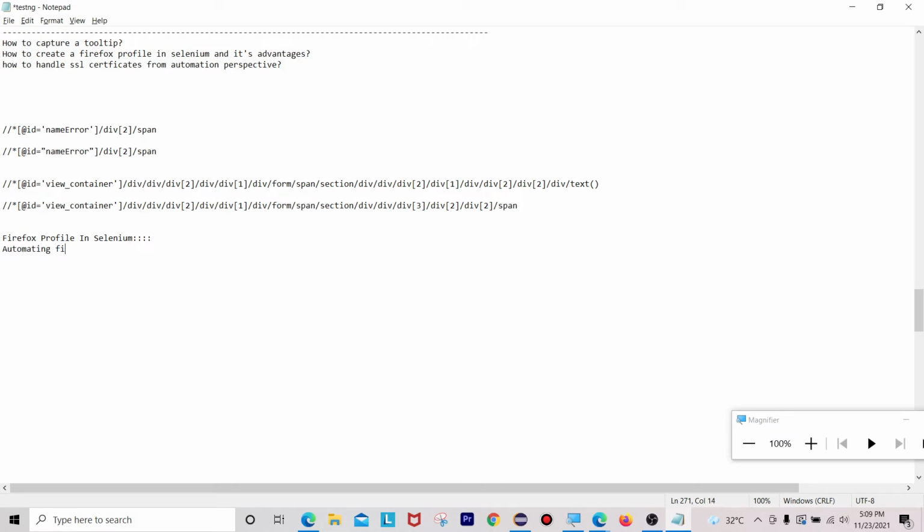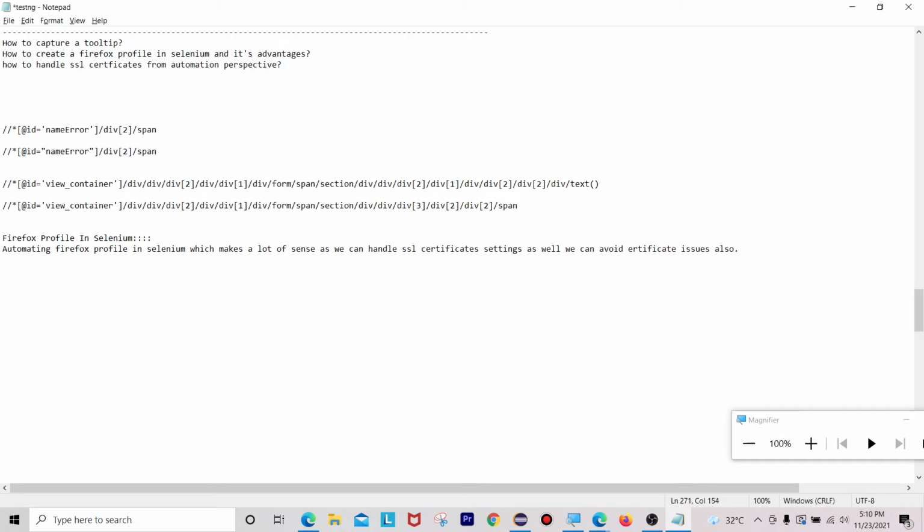Automating Firefox profile in Selenium makes a lot of sense, as we can handle SSL certificates and certificate settings, as well as avoid certificate issues also.